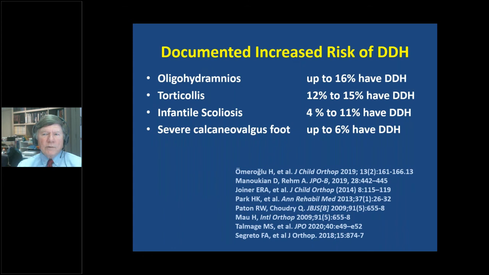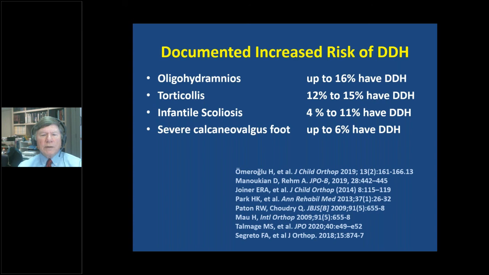There's a documented increased risk of DDH in studies of oligohydramnios. There are 2 recent ones that show that up to 16% of infants that had oligohydramnios have DDH. When you find torticollis, 12 to 15% have been reported to have DDH. Infantile scoliosis is much more rare, but 4 to 11% have DDH, and even a severe calcaneovalgus foot,